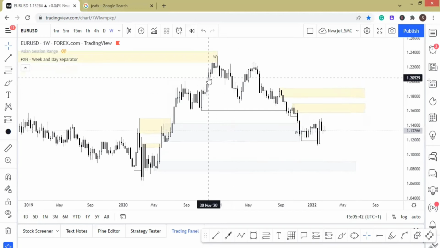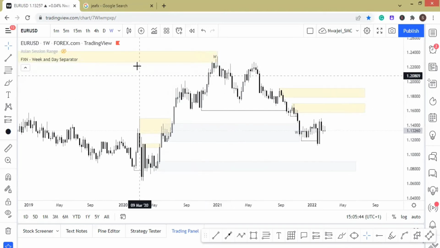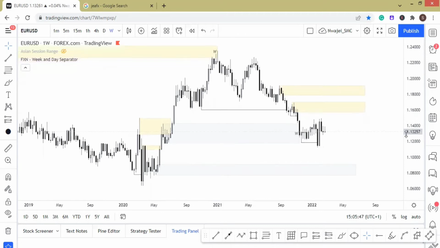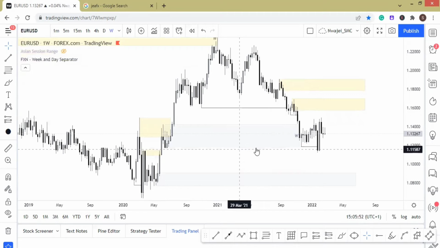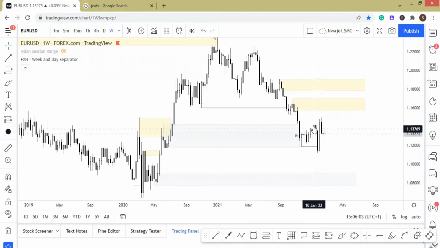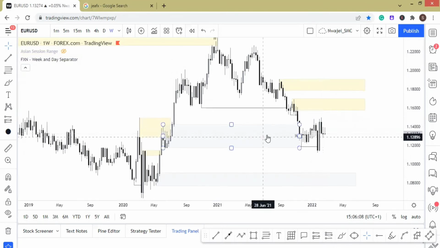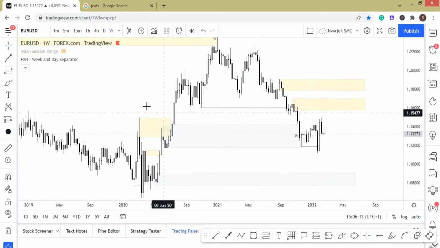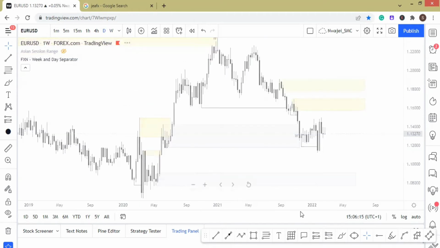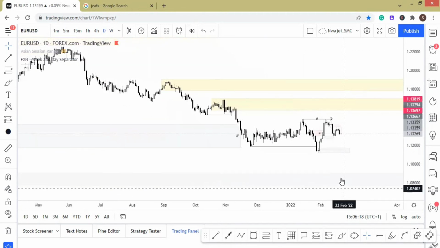So I first went to my weekly time frame and mapped out my supply and demand zones with the breaks. You can see here, this was the recent demand that was holding, but it didn't actually hold that much. It ended up getting swept and closing below with this candlestick. On the daily time frame, there are things that you are going to see here. For the meantime, just map out your supply and demand zones on the weekly time frame. Then on the daily time frame, I went ahead to map out my